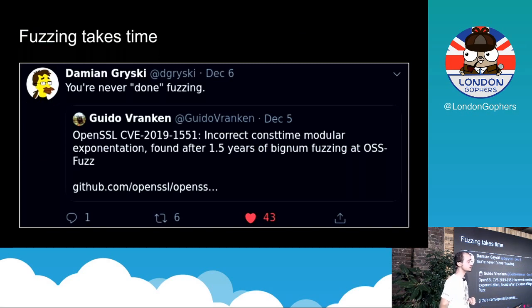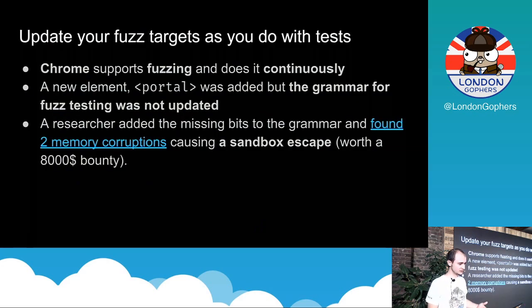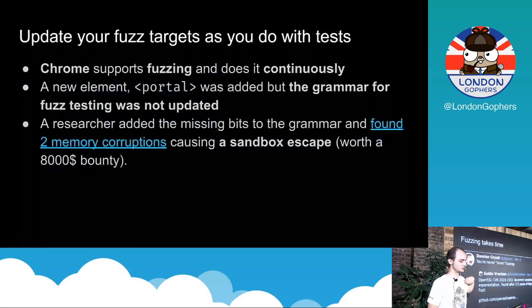Now, how long does it take to fuzz? Forever, literally. After fuzzing OpenSSL for 1.5 years, I'll let you decide if it is 5 months or 6, they found a bug, and they were fuzzing on pretty beefy machines. This might seem discouraging, but to be fair, most of the bugs that they found through fuzzing were found in the first 5 minutes. So you should at least start fuzzing. And if you don't want to fuzz on your machine, you might use cloud services that I'm going to talk about.